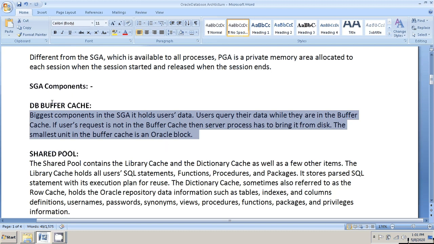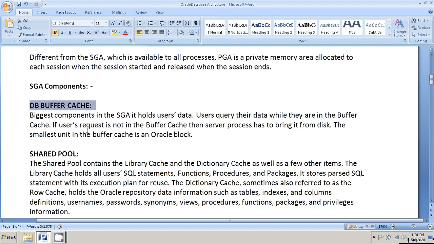So database buffer cache means all the data information is stored there. When you run a query like select star from emp where deptno is equal to 20, that data is stored in the database buffer cache, so mostly we get the output from the DB cache.